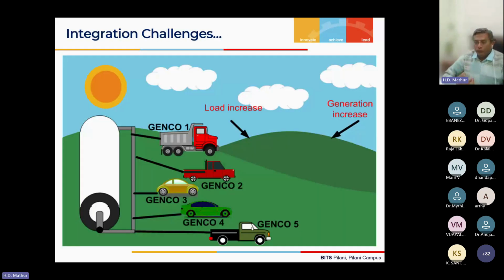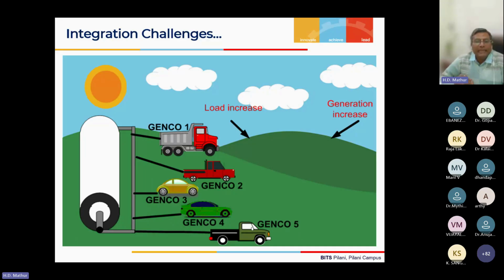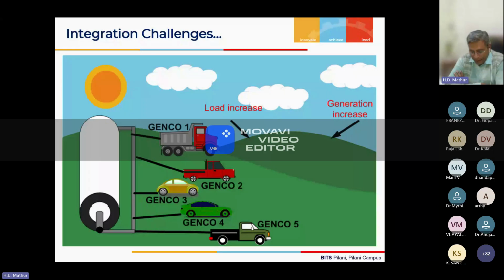So what are the challenges? We have got to one nation, one grid, one frequency, right? And we say that all the regional grids are interconnected. Then what are the challenges that we face, and why is there a need for all these points that I had highlighted in the title? So the challenges are, there are various types of